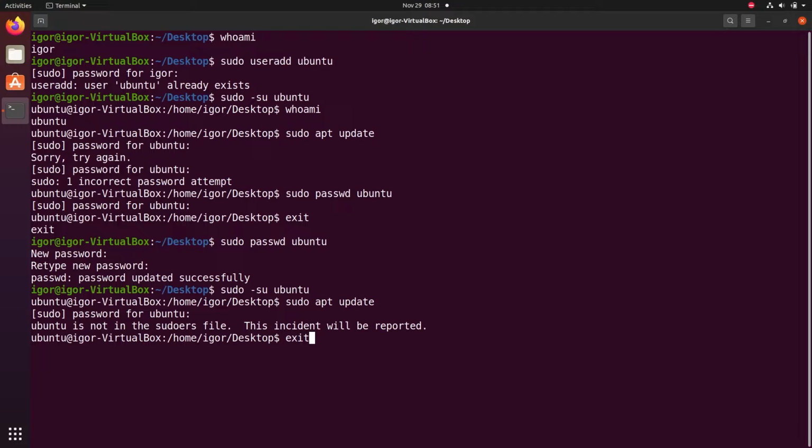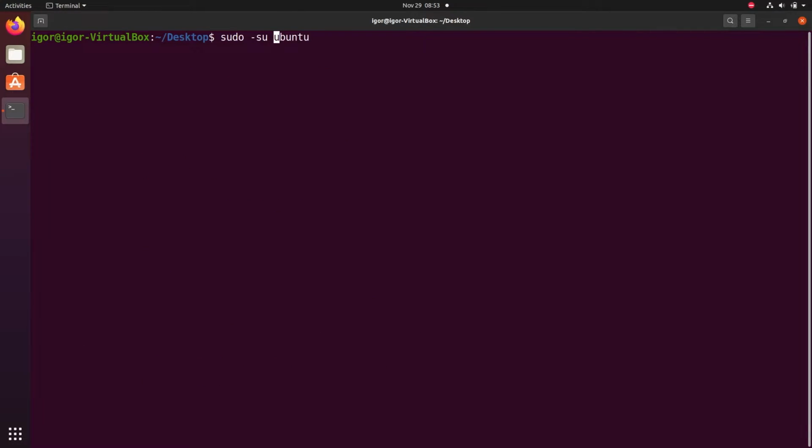So we will exit out of this, and since the user Igor is a sudoer already, we can do that from here. sudo usermod -aG sudo and then the username you would like to give the permission to. You can use man usermod in order to see all these specific options and various other options. Now in order to check that, the command would be sudo su ubuntu. So if you hit enter,